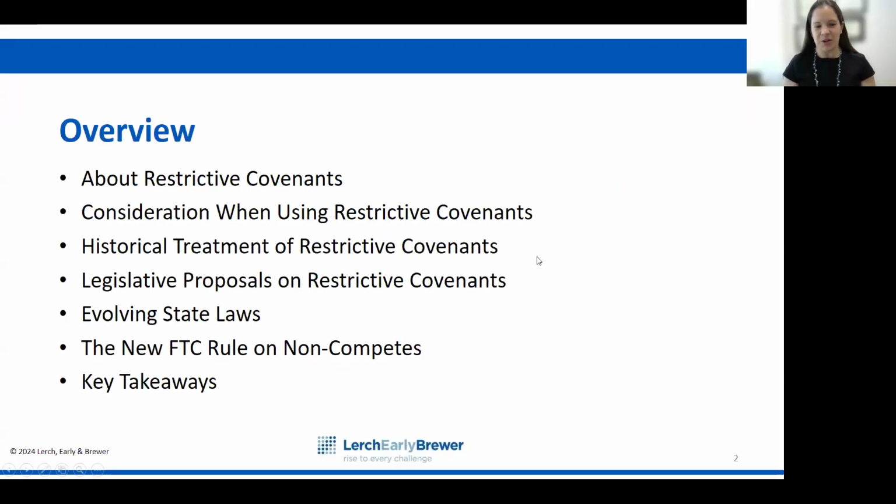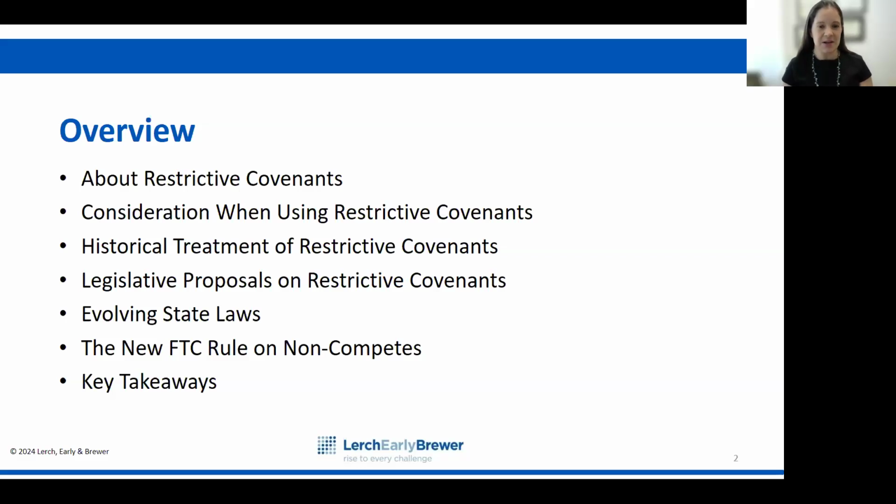So just to give you all a little bit of a roadmap of where I'm hoping to traverse today, starting out just to talk a little bit about what restrictive covenants are, non-competes being a subsection category in there. I know some of you have worked with me on restrictive covenants before, have some expertise and experience in the area, but want to make sure we're all on the same page, talk about some of the considerations that come into play when we're using those restrictive covenants, the historical treatment for enforcing restrictive covenants, and then, of course, legislative proposals, evolving state law, and the new FTC rules that come into play with the non-competes, and then going over